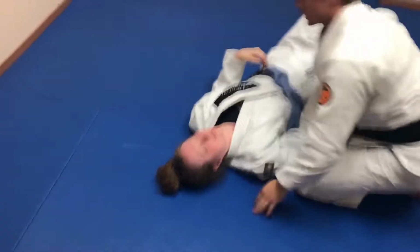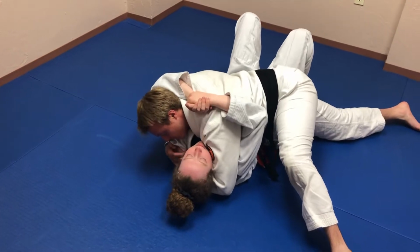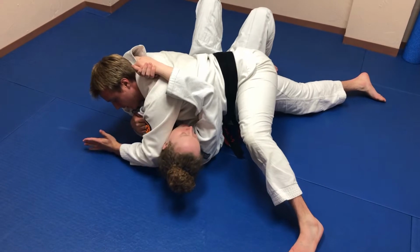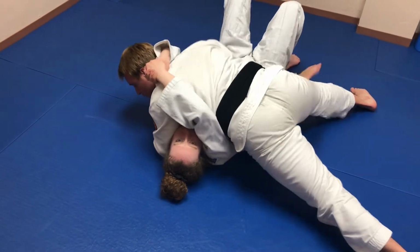Okay, so we're going to start here in regular side control. And I'm holding her tight. We call this the hip to hip position or side mount position. What I'm going to do is I'm going to transfer. I'm going to bring my arm over the top of her head, and I'm going to switch my hips so they turn. Now my south hand, the one closest to her feet, is going to backstroke and connect to her